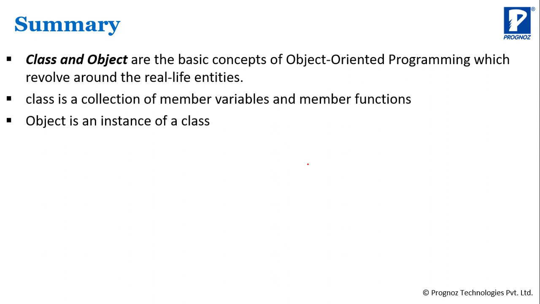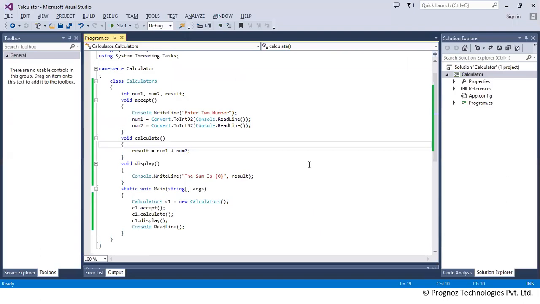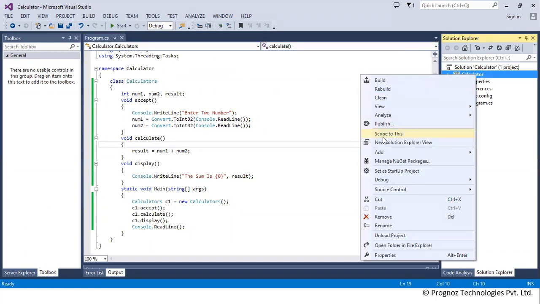And what is class, what is object, how to implement the class and how to implement the object, that we saw practically. We saw one example called the calculator. So I can create one more class and I'll show you practically. Here I'm going to create one more class.